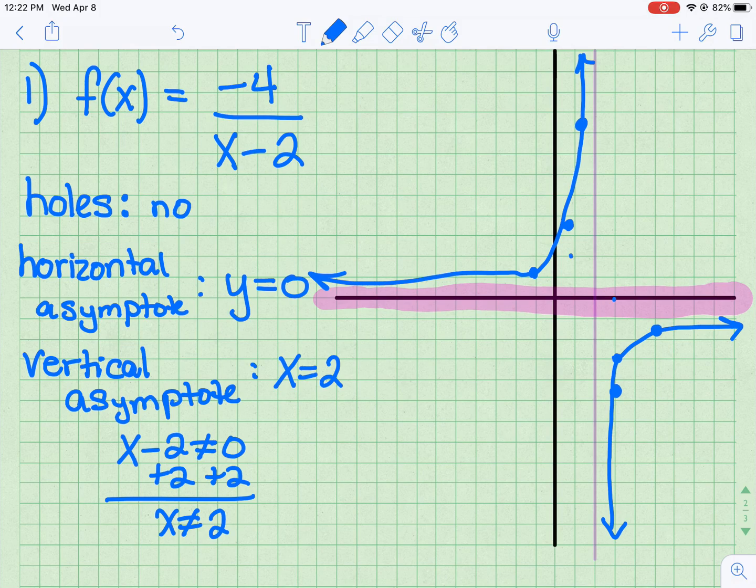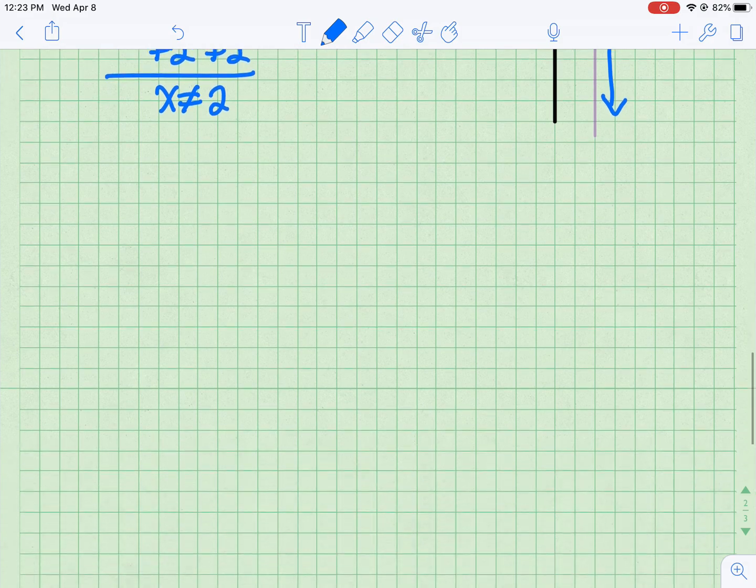Number 3 is one of the hardest ones. So let's skip over to number 3, because number 2 is pretty similar. Are you good with this one? Yeah. Okay. So number 3